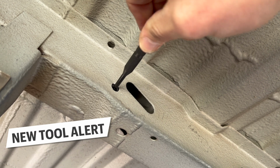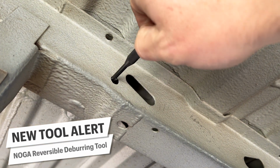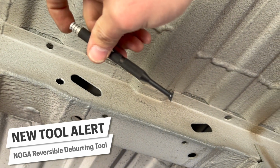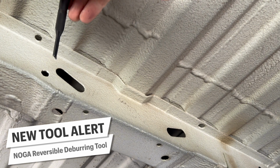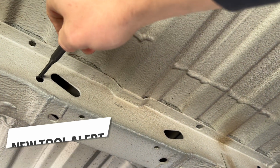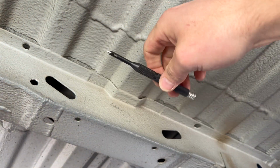This is an internal or sometimes called reversible deburring tool from Nagoya. It comes in 3 different sizes which you can order separately or as a set. It has a little plunger on the backside which kicks the wedge in different directions so you can put it in a hole, push the button to catch the wedge, spin it to deburr, and then press the button again to remove it. It's been a great addition for all these riv nut holes I've put in to mount the